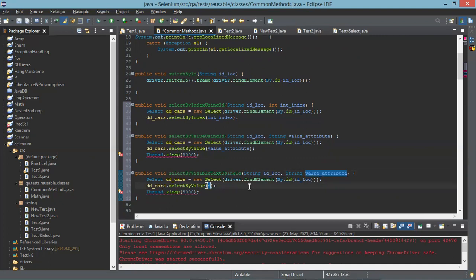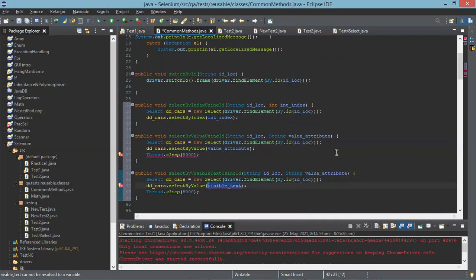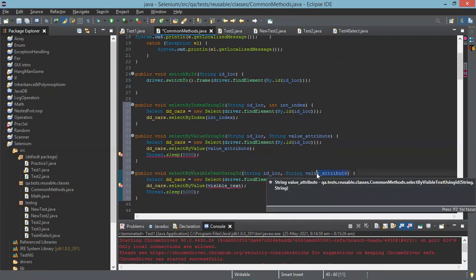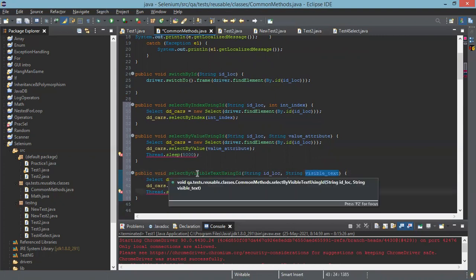Instead of value attribute, you say it as visible text underscore text. There also you copy paste that in the argument. And you change the method name. Select by value, change to select by visible text.